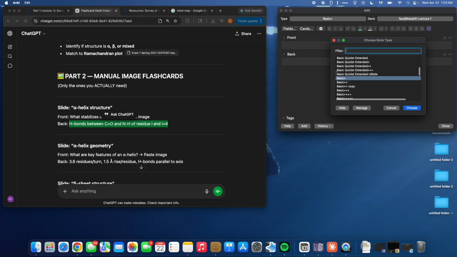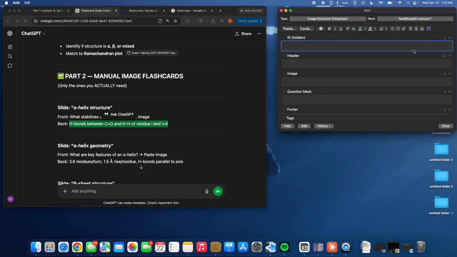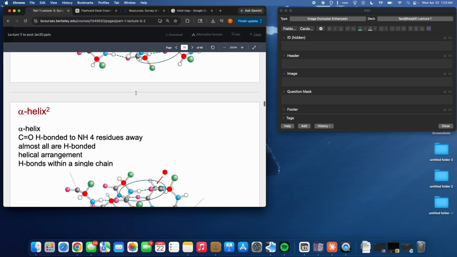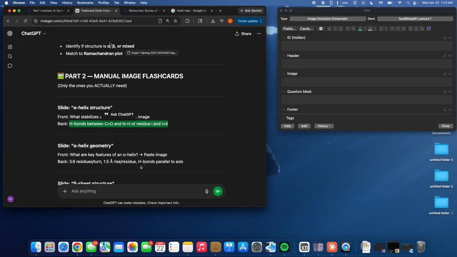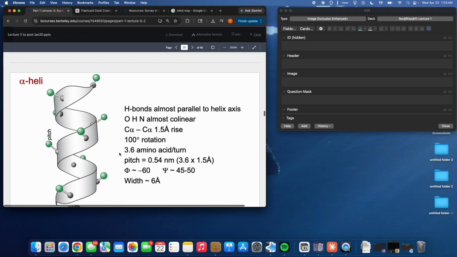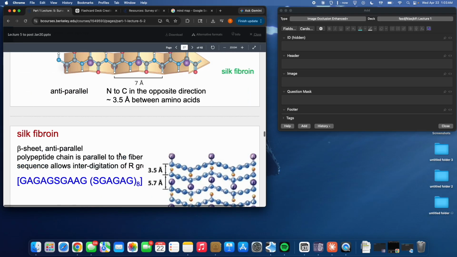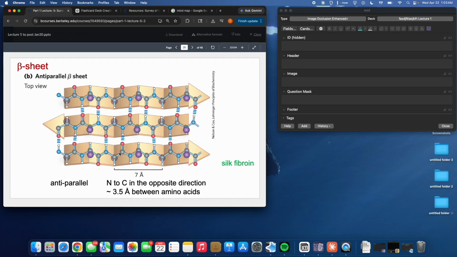There's also a million other types of flashcards you can make. I think one of the more popular ones is image occlusion enhanced, along with cloze, right? Enhanced. We're gonna choose that, right? So I still have the picture selected. Let's say we want to make another one. Beta sheet structure. This would be really good for some other classes, for anatomy, for example, right? You would want to block stuff out and look at, like, a muscle group